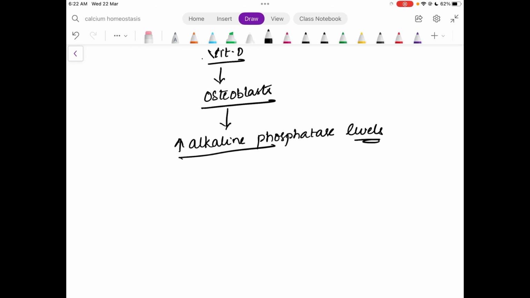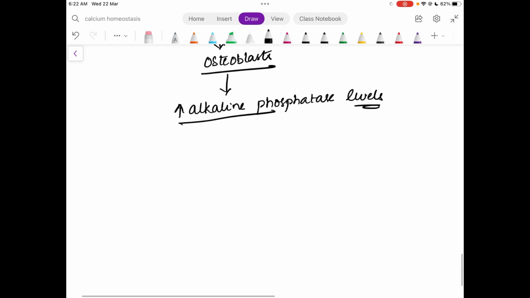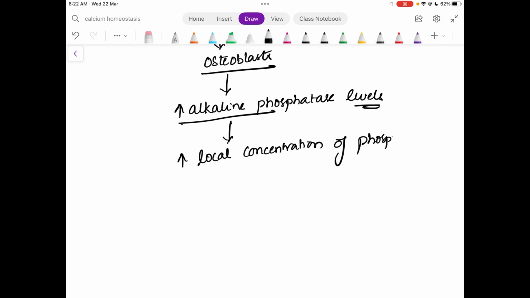That means secretions are increased in the osteoblasts. This increased alkaline phosphatase will cause increased local concentration of phosphate,